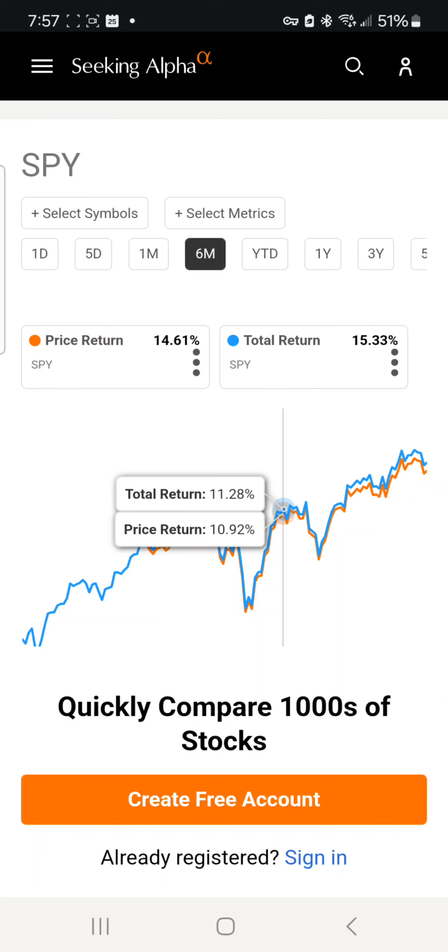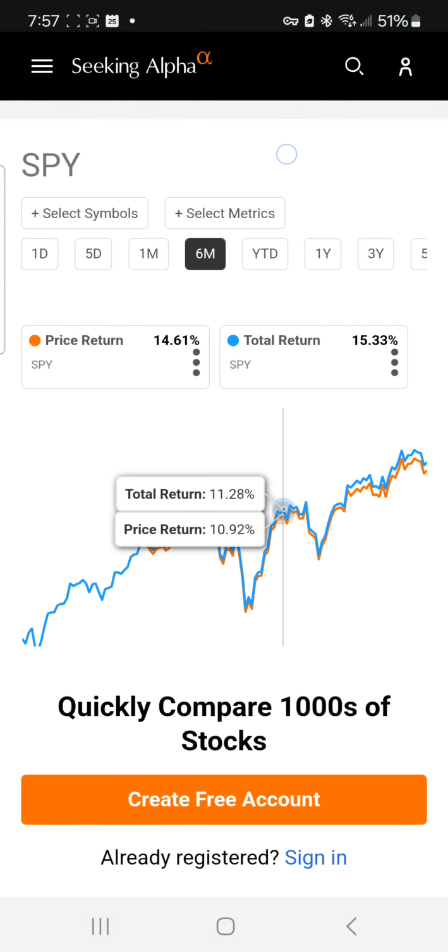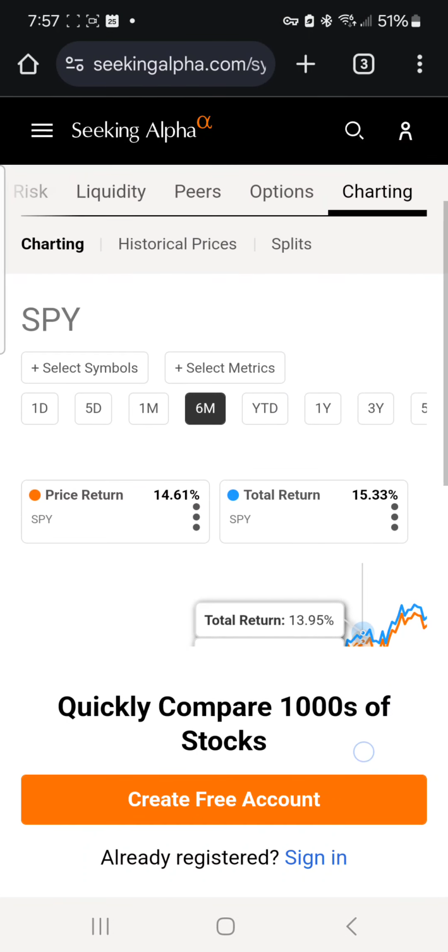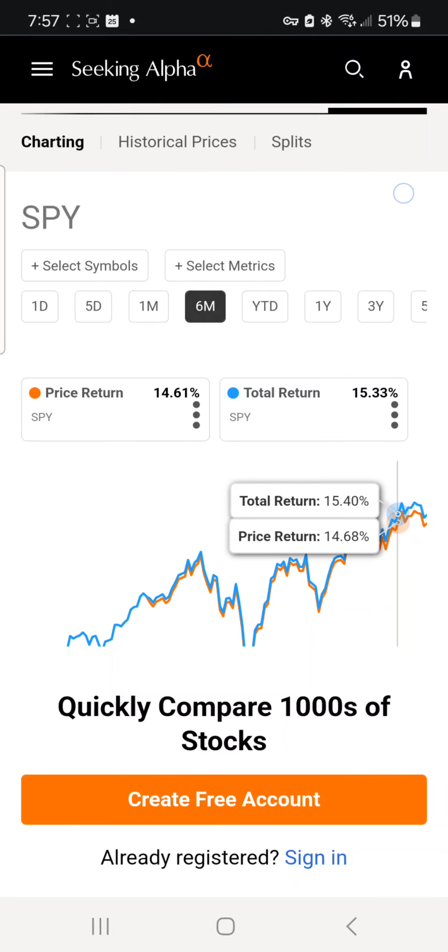Why is that? Because SPYI does pay a dividend distribution. So this actually factors that in and accounts for the dividend distribution. It is small, but it makes a big difference when we're talking about jumbo jet size dividend distributions. Let's start with